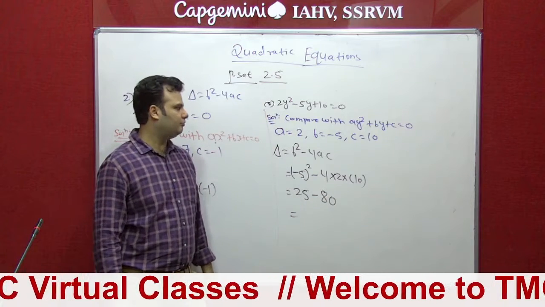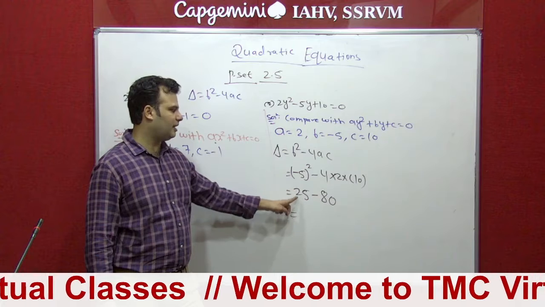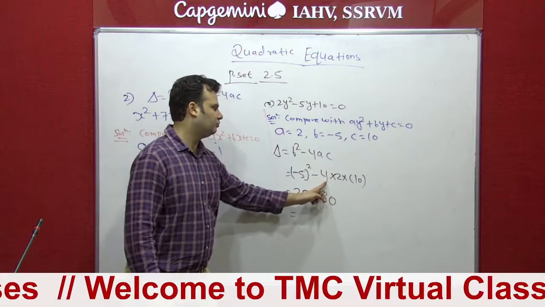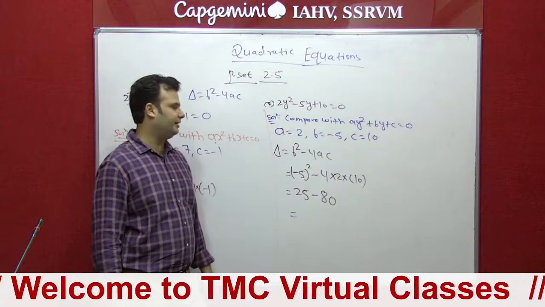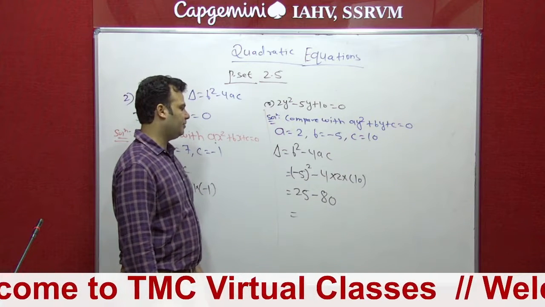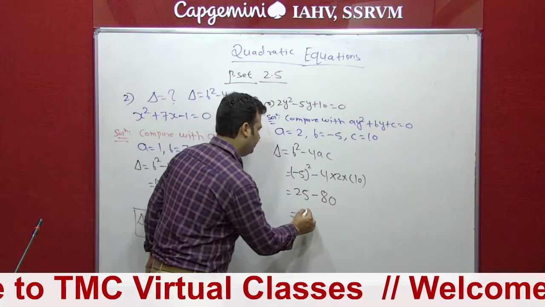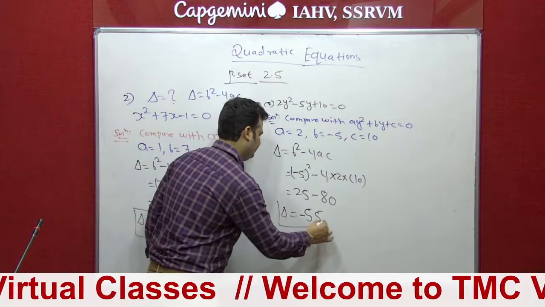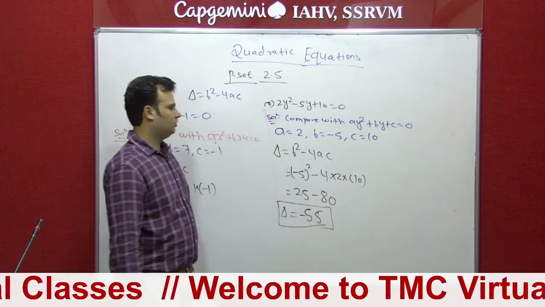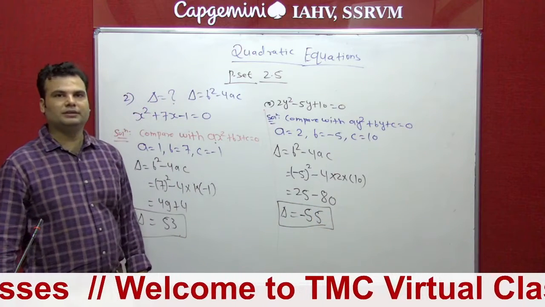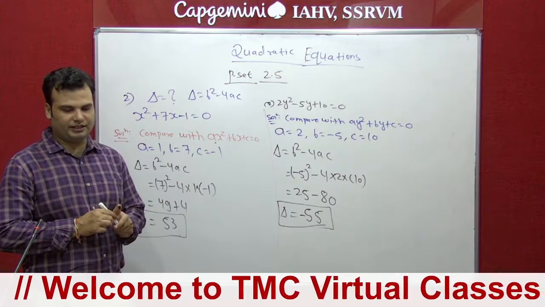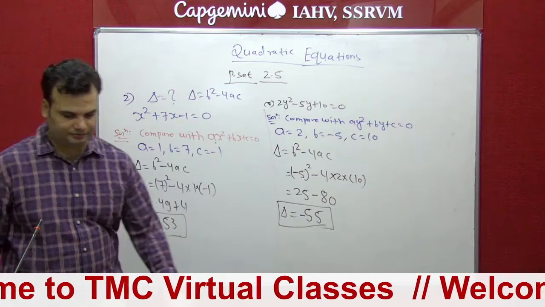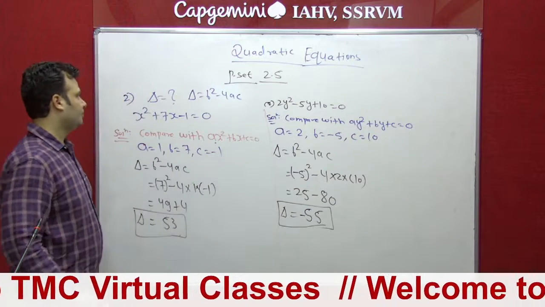So b square minus 4ac. B is given minus 5 means 25. 4a and c is 10. 4 2 ja 8. 8 into 10 is 80. So we can minus 80 minus 25. It become 55. But sign is minus. So this is your second one. We can solve by same method. Very simple one. Now we can proceed the next sum. Again the same method.